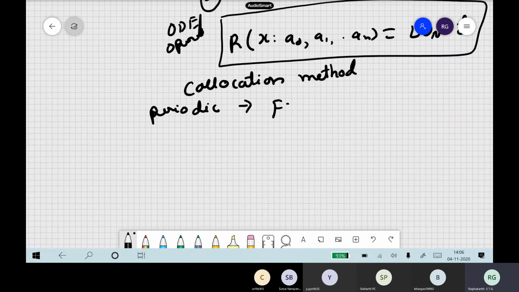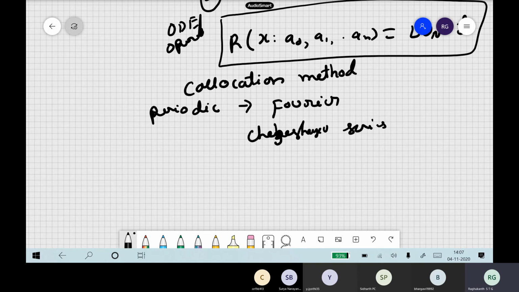So you have to use the Fourier series, as we have told. Suppose the functions are not periodic, then you have to go for the Chebyshev, you followed, right? These types of polynomials you can use, or you can even use ordinary polynomials like x square, which is also allowed in this pseudo spectral method. Last class we discussed all the great details, and finally we came to interpolation also. So that is also one thing.